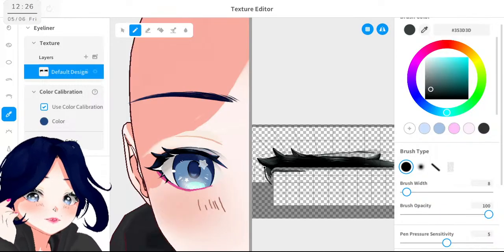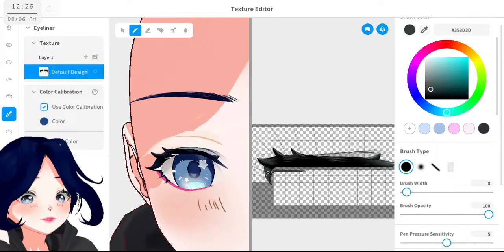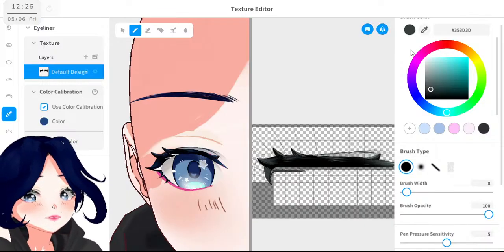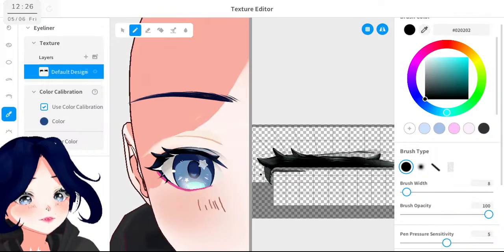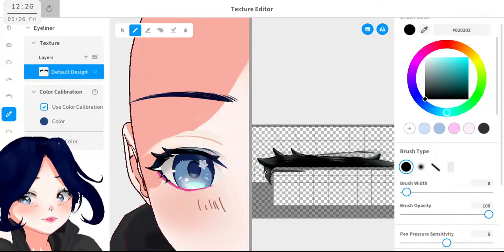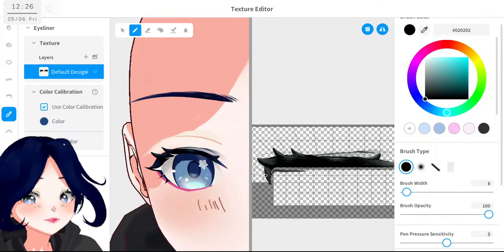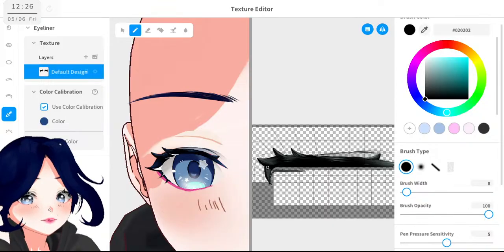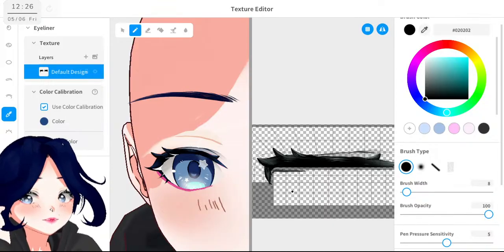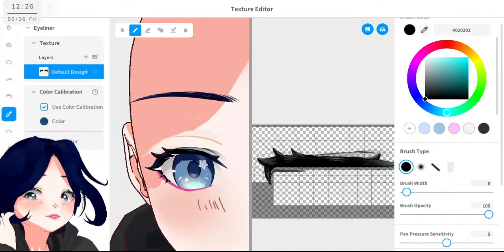Okay, this shape. Like here, and then this part will be darker. So, like this. Like that.